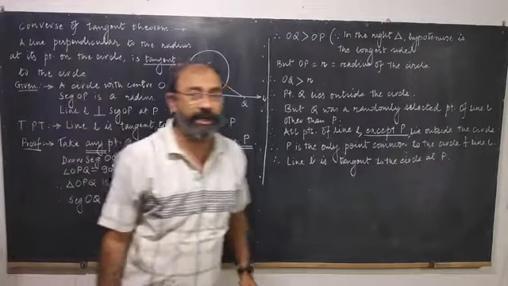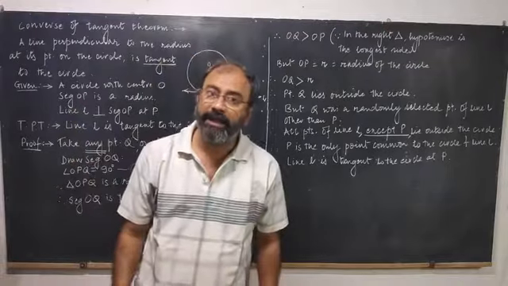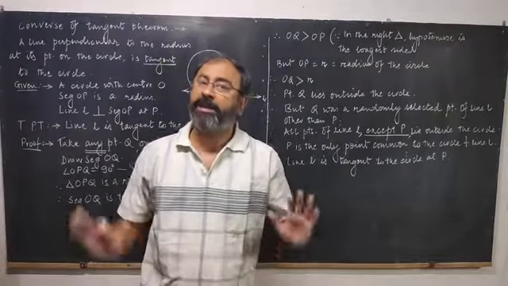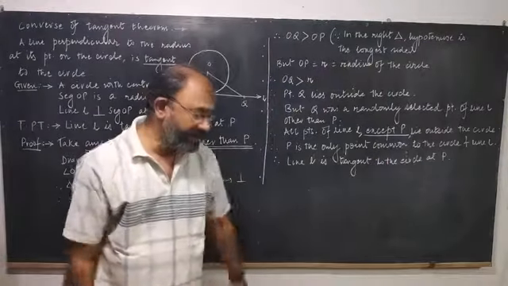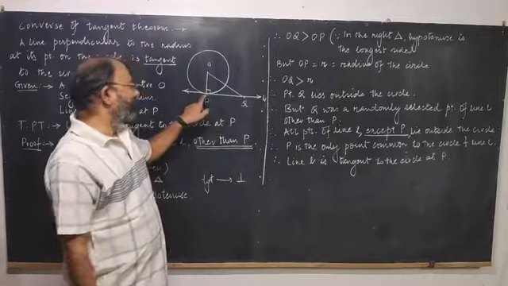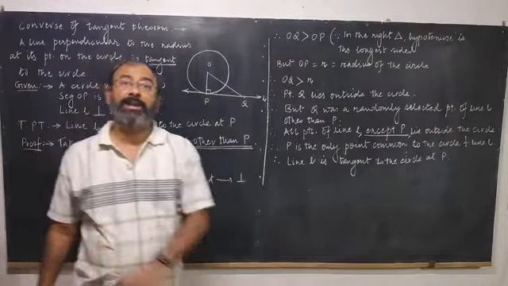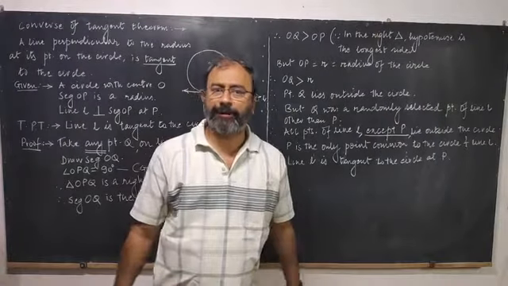at its outer end. Tangent दिया है, line perpendicular है radius के outer end पे, ये मिलता है. तो in short I can say tangent दिया है, perpendicularity मिलती है. Converse में क्या होगा? Perpendicularity दी है, tangent है, ये prove करना है. It is one of the very good theorems of the syllabus.